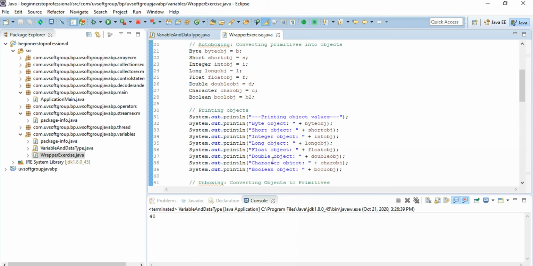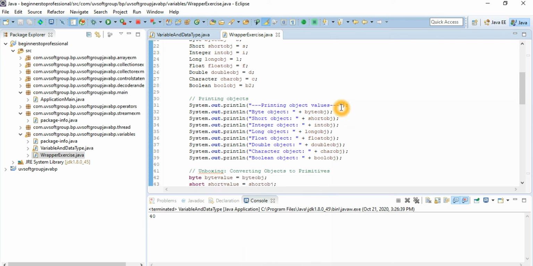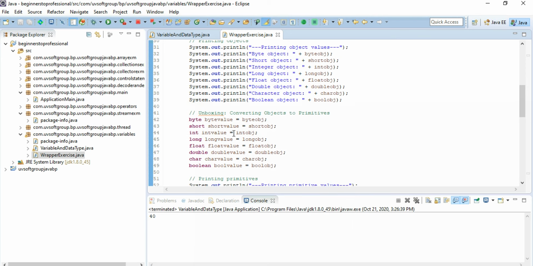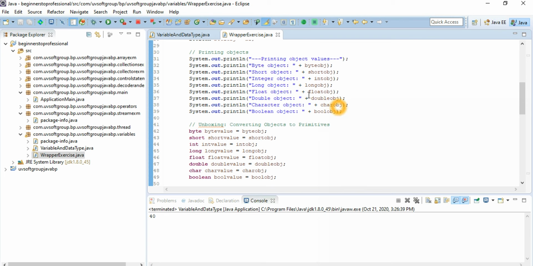You see the printed values: byte object, short object, integer object, long object, float object, double, character, and boolean objects, you see the conversion from primitive to object. That means every primitive data type has its own wrapper class object definition. So then unboxing, that means you have a primitive and a non-primitive data type, or the object